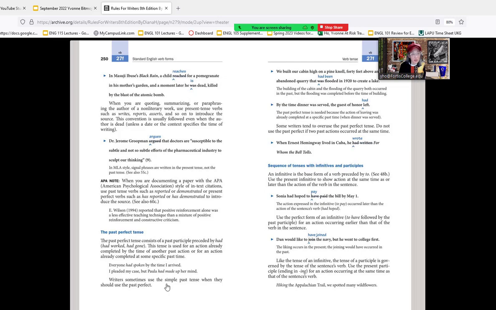Writers sometimes use the simple past tense when they should use the past perfect. When you use the past perfect, it places the past action more into the past than the simple past. We built our cabin high on a pine knoll 40 feet above an abandoned quarry that had been flooded in 1920 to create a lake. By the time the dinner was served, the guest of honor had left. So the past perfect tense is needed because the action of leaving was already completed at a specific time when